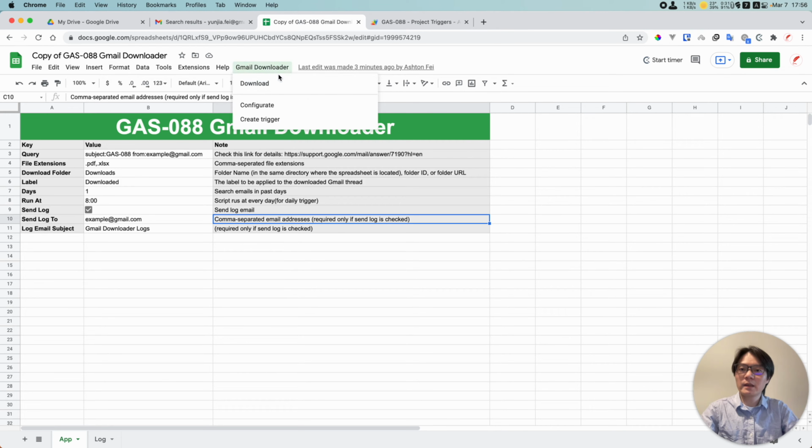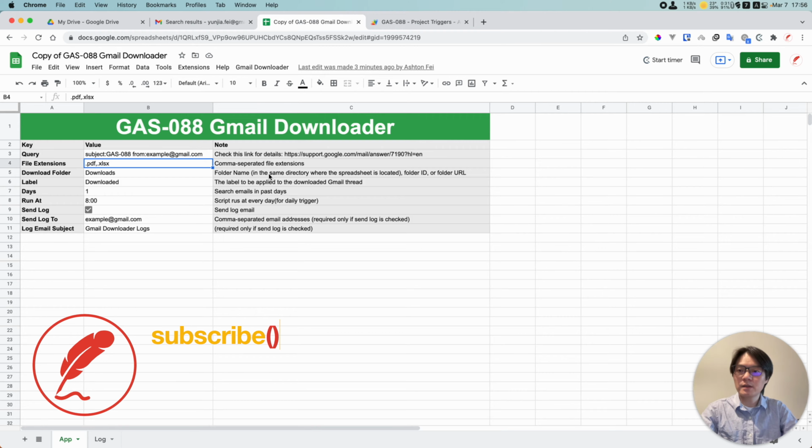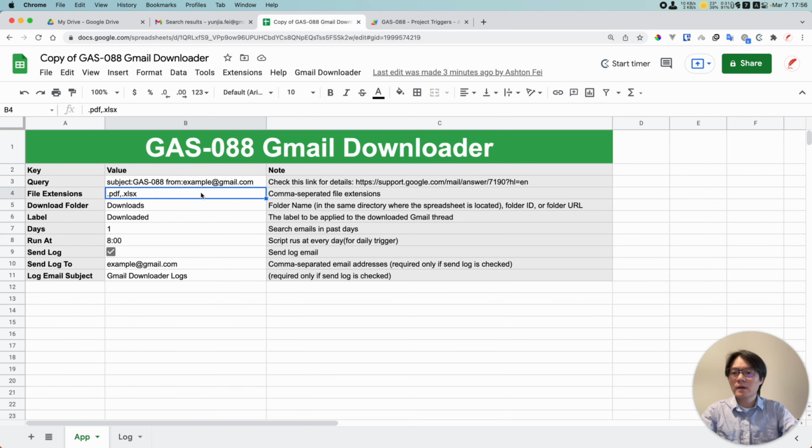And before we use this download function, I'd like to explain these settings here. These configurations you can do here. So let me zoom in a little bit. All right, so some options. The first one, query, is very important. It's going to basically create a filter for the emails you want to search, the emails you want to download the